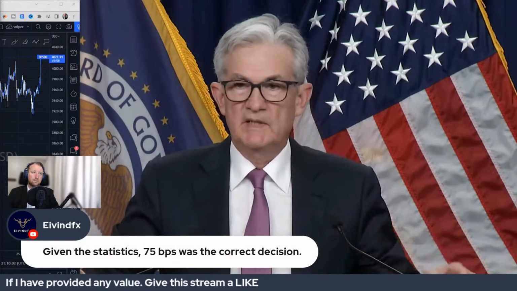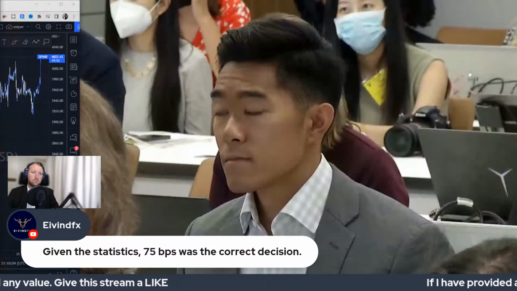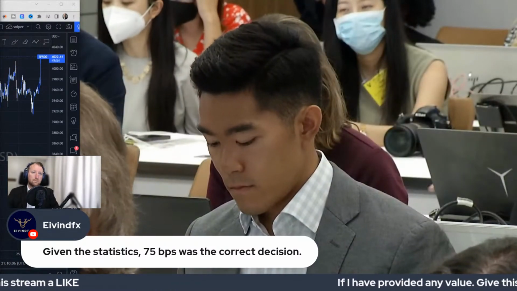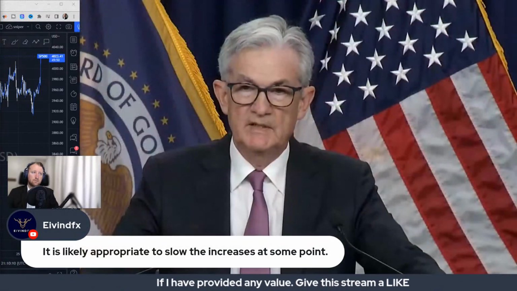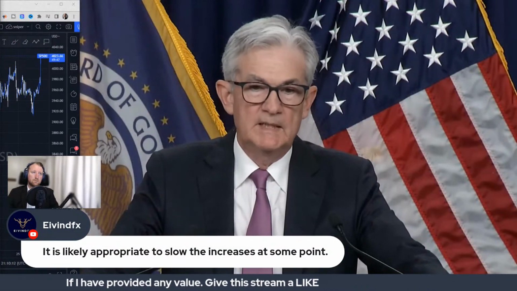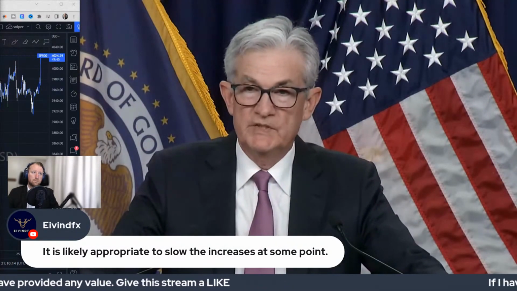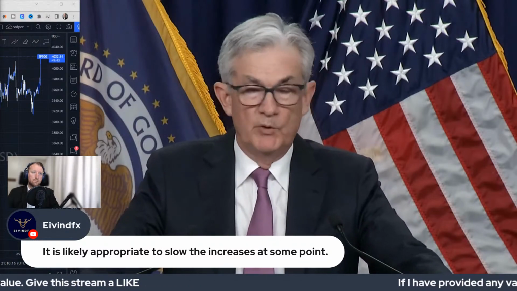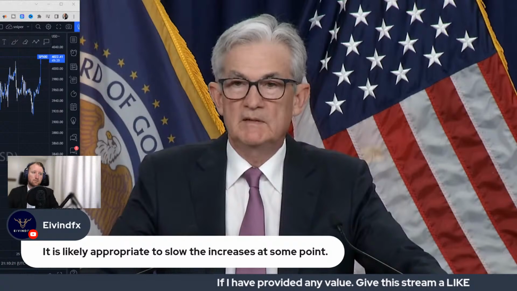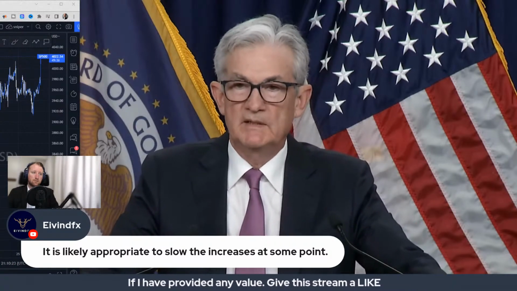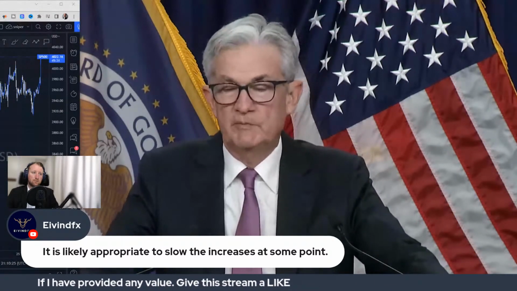We're just going to do what we think needs to be done. We're going to get our policy rate to a level where we're confident that inflation will be moving back down to 2%. Confident. So that's how we're going to take it. And of course, we'll be watching financial conditions to see that they are appropriately tight and that they're having the effect that we would hope they're having, which is to see demand moderate and inflationary pressures recede and ultimately inflation come down.